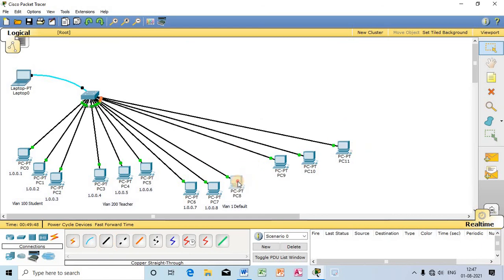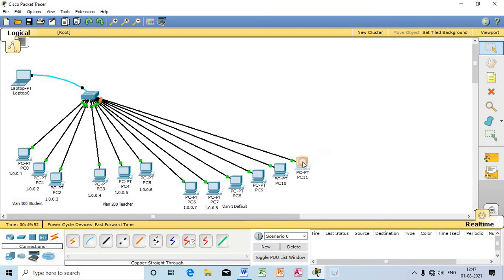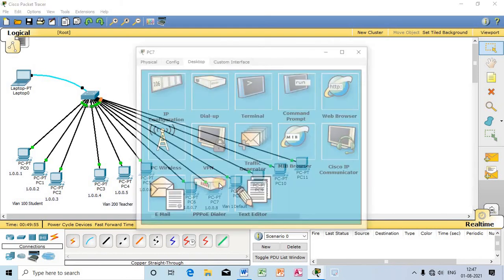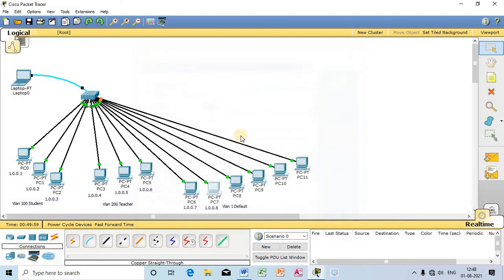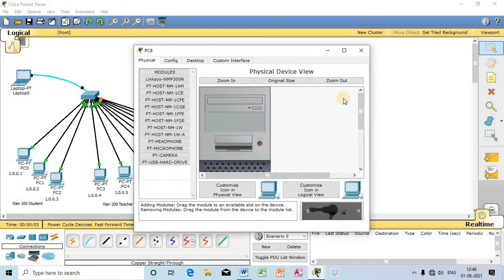Watch out. I will just configure these 4 computers under the same network.